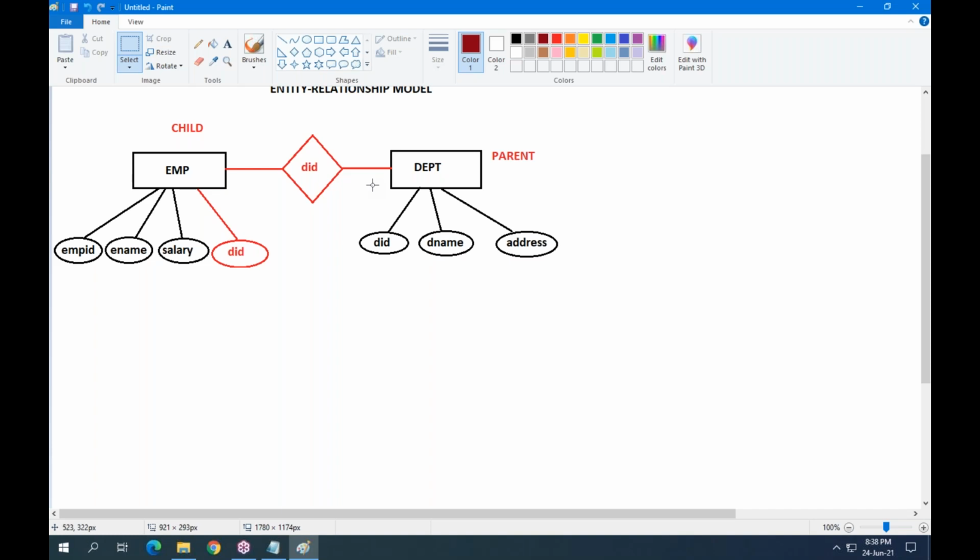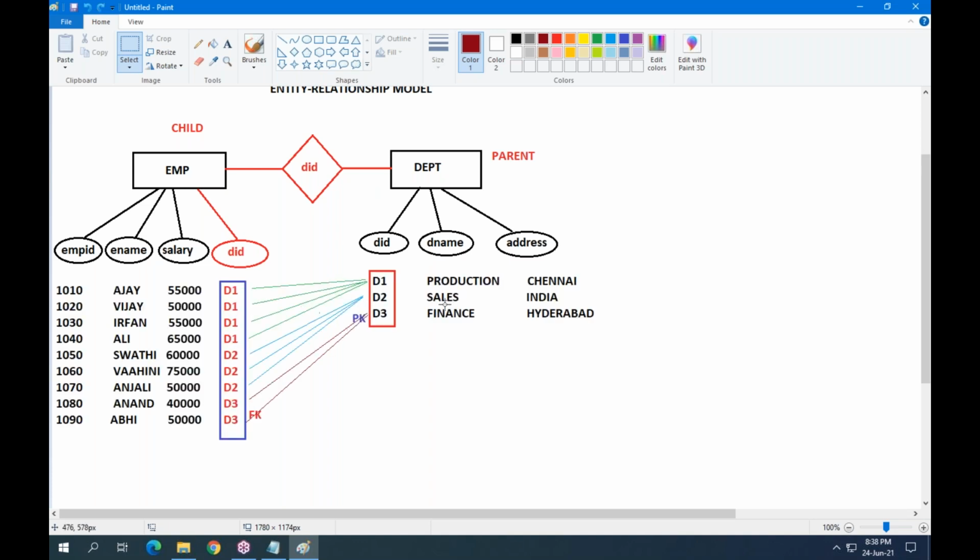Whatever data I am giving is for your understandability. Remember, all of you guys, the data is only for explanation purposes. In the data model, you only have entities, properties, relations. Entity, property, relation, that's all.